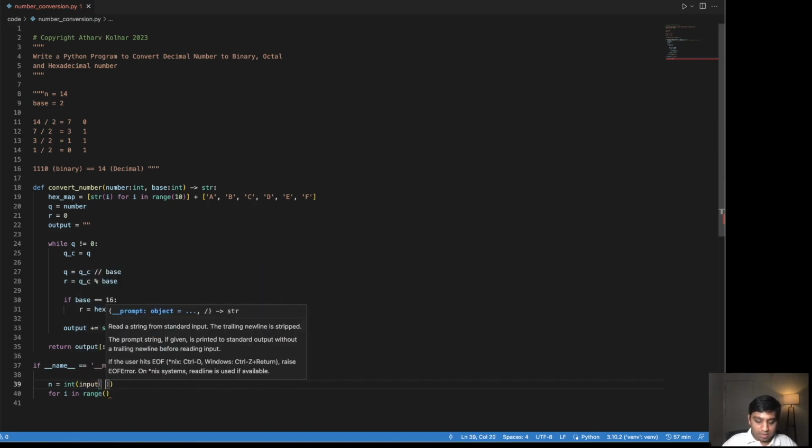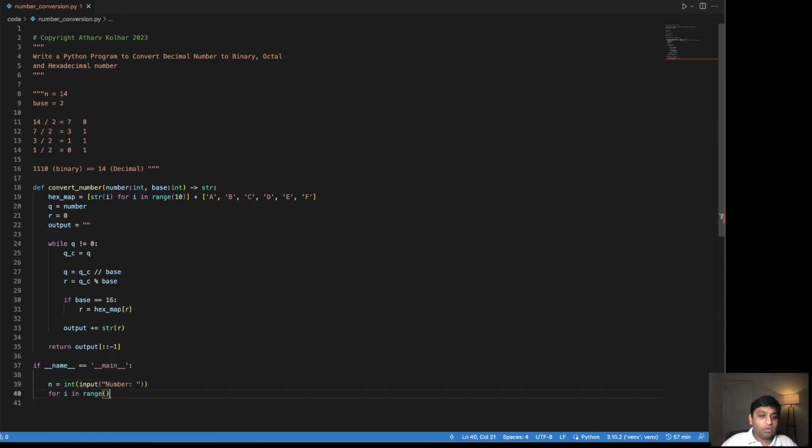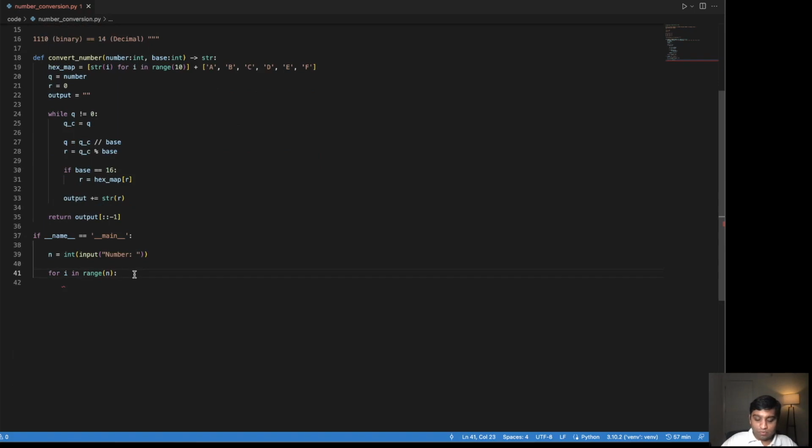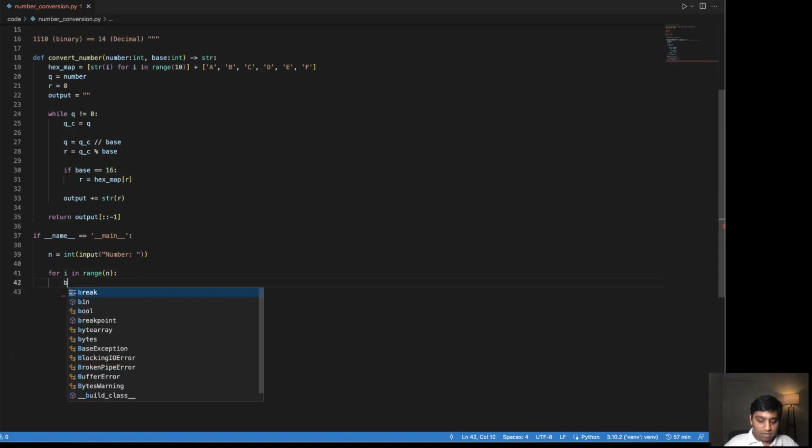So input, and let us say number. This is our prompt in our input, so number. This will give us the number, and we are going to use this n in our for loop. So let us give a space for some formatting over here, and let me bring this into a little center of the screen. So for i in the range n,